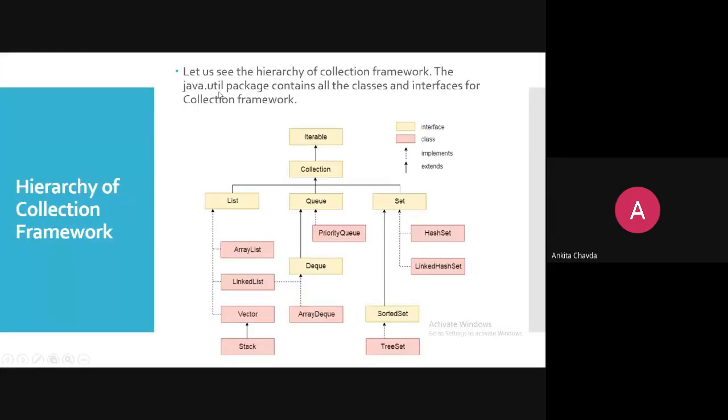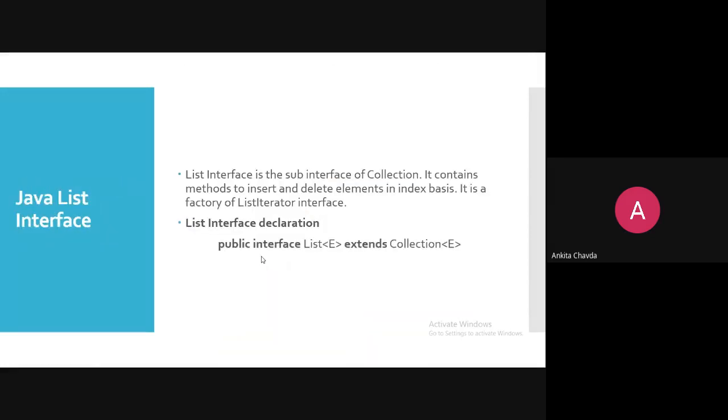So this is what we have seen, right? This is the hierarchy of the collection framework. So here we have seen the very first is Iterable, then we have Collection, that is again an interface, right? This orange color is all about interfaces and this pink color shows classes, right? So here we have three main classes in the List interface: ArrayList, LinkedList, and Vector. We will see the ArrayList class first, right?